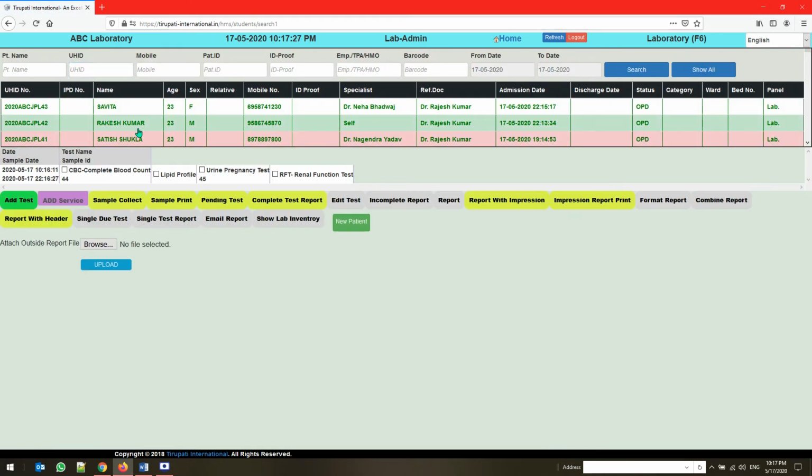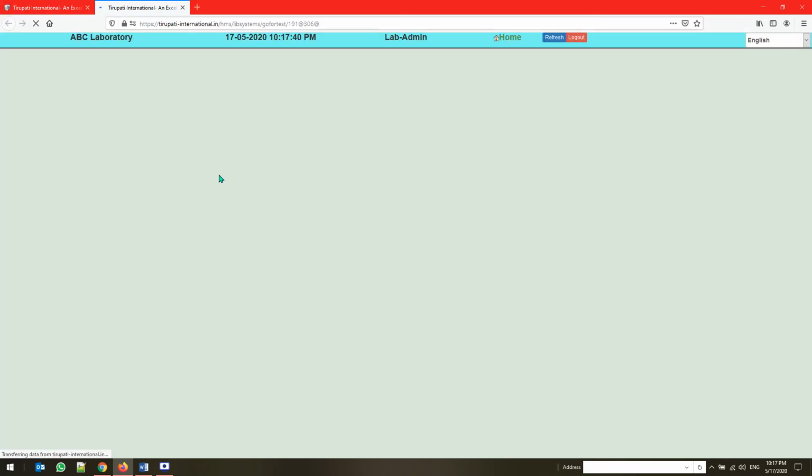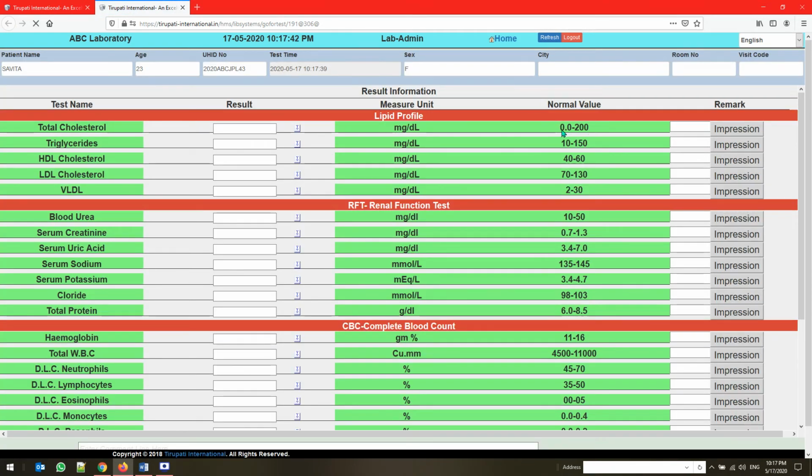There are two methods you can use to collect a report. One is direct machine interfacing, which imports the data of the relative test through the patient sample ID. If you don't have a machine interfacing option, you can manually input the lab report. There you can see the standard values and result fields already preloaded. You can see the normal value of the test, put in the value, and create the report